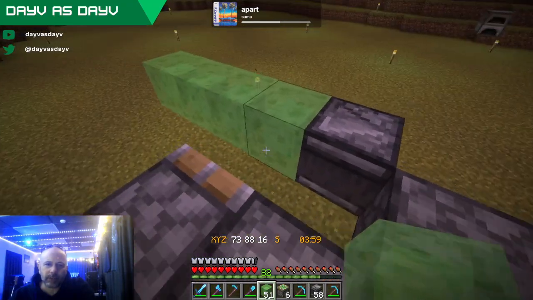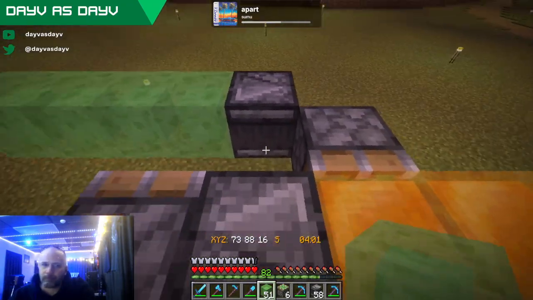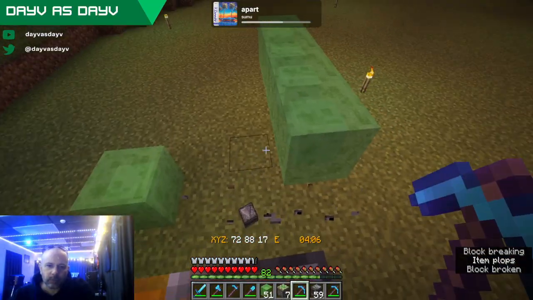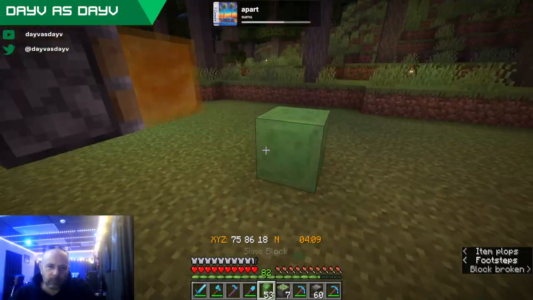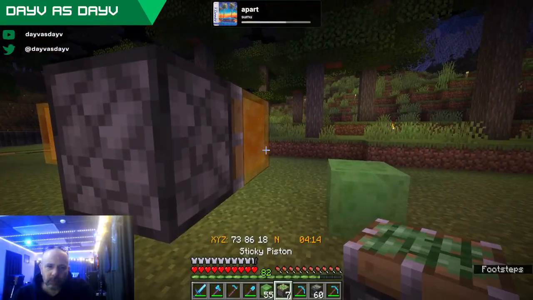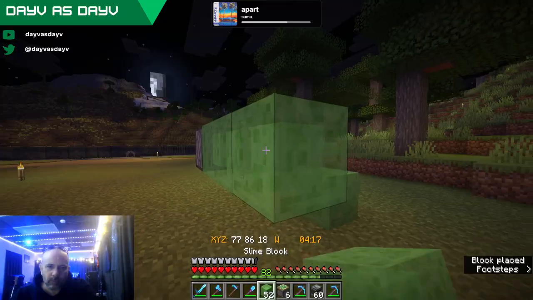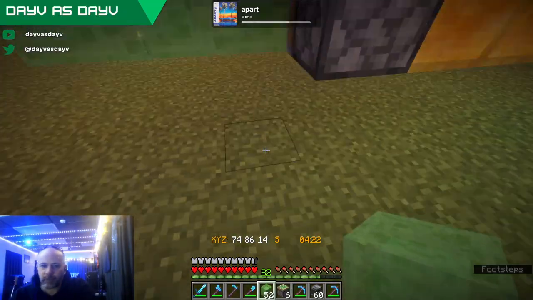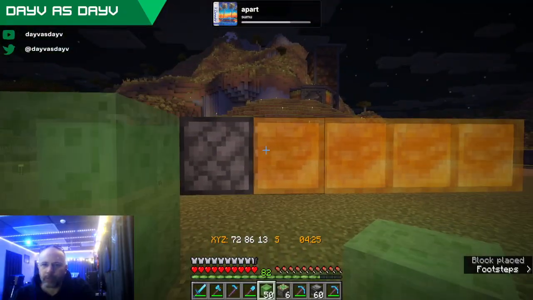Okay, so we've got... I was close. Two pistons, like that. And then it looks like from this one I'm looking at, two observers, then...